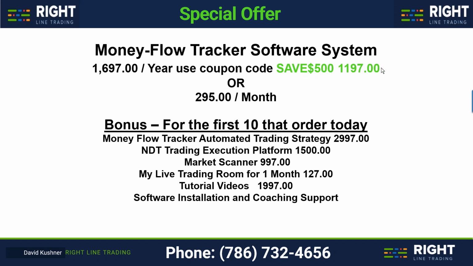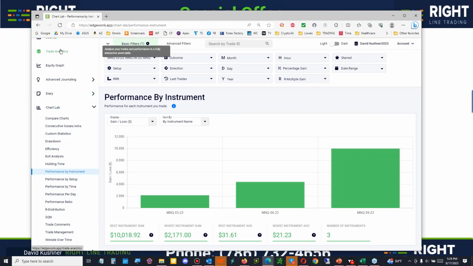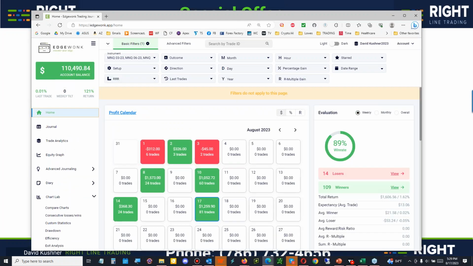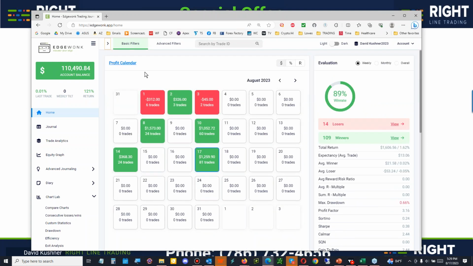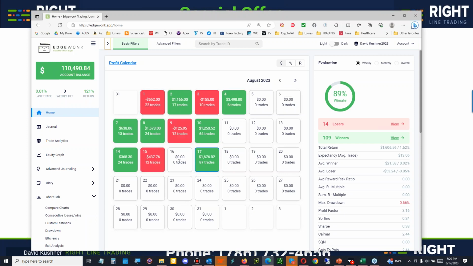$11.97 for the whole year with all these bonuses comes out to $100 a month. I asked before, how many people have lost $100 this week? And a bunch of people said, I hate to say what I lost this week, right? But if you look at, go to my homepage here. Filters do not apply to this page, so let me go ahead and remove all these filters. Just pick that. Okay, so if you look at my trades for when we didn't trade,